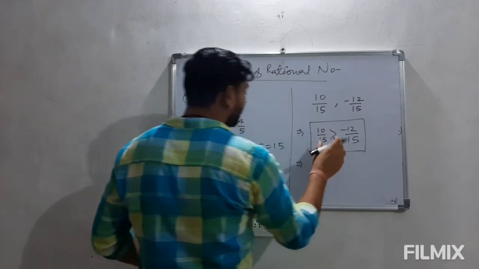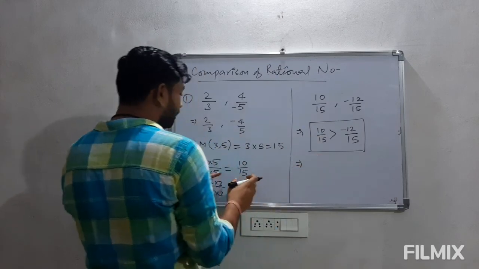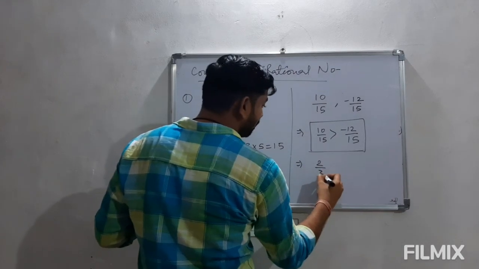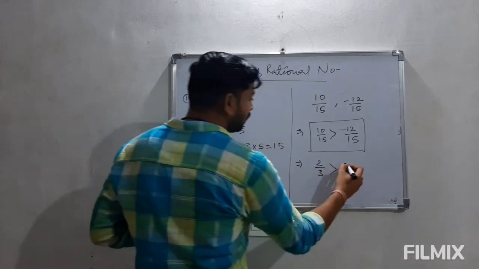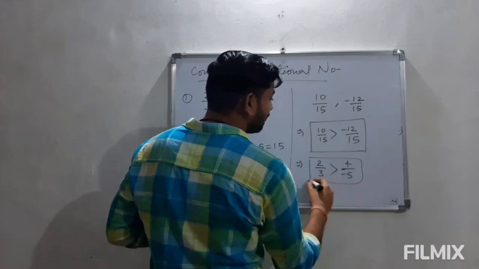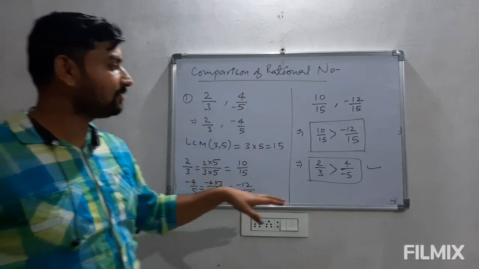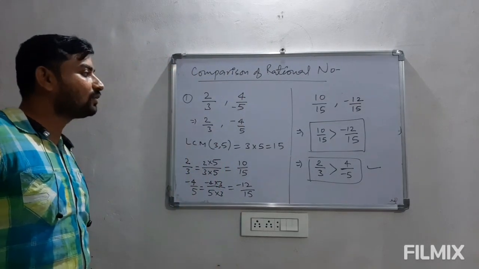So from here again we have to write these numbers in their original form. 10 upon 15 was the equivalent of 2 by 3, so we write 2 by 3 in place of it, and minus 12 by 15 was the equivalent of 4 upon minus 5. So this is the required answer, that 2 by 3 is greater than 4 upon minus 5. So this is how we compare two numbers by